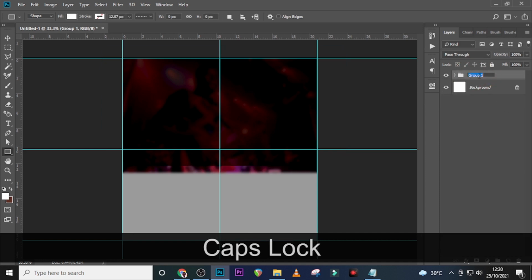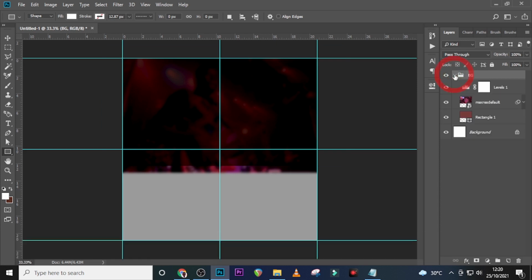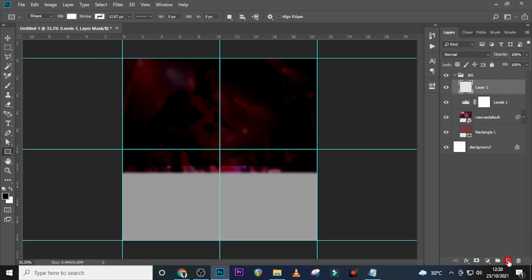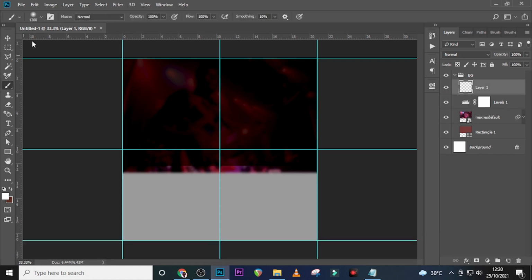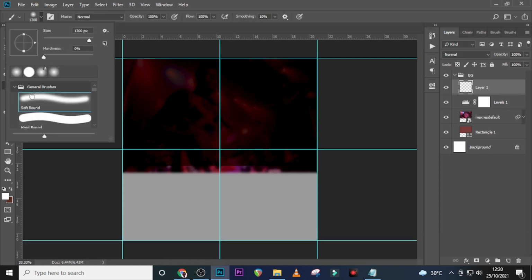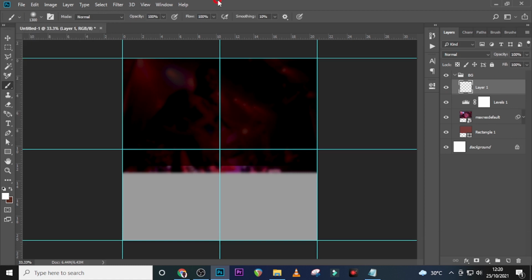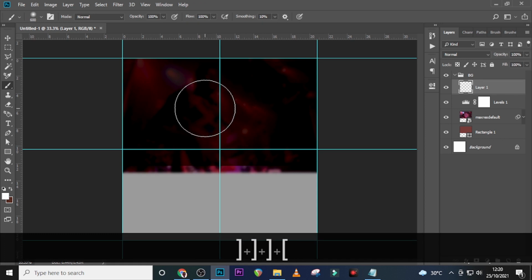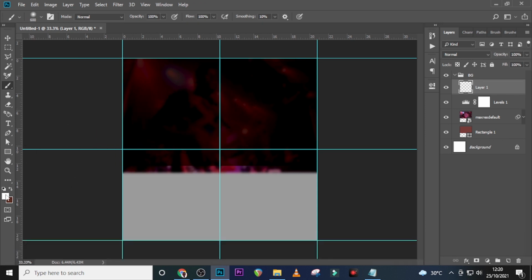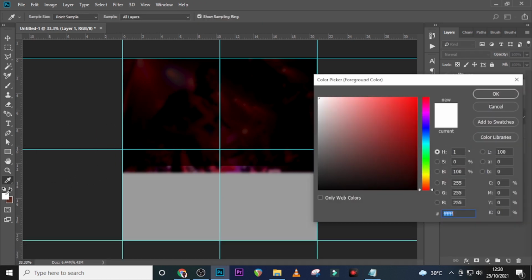Let's call it BG. However, we are not done with the background yet. Let's open it. We're going to add more light to it. Click over here and then create a new layer. Pick your brush tool, and then go and pick your soft round brush. Also make sure the opacity is 100 and the flow is 100. Click on caps lock, and then make sure the tip is showing, and then reduce the size a little bit. I like this. And also I'm going to click over here and set the color to